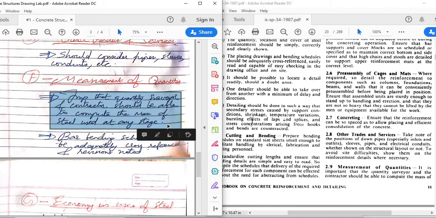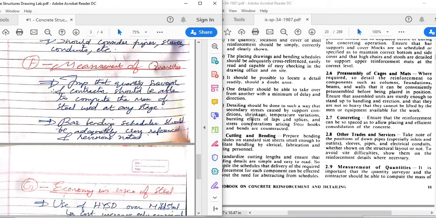The detailing should be simple and smooth, such that at any stage of the project the contractor or quantity surveyor, so quantity surveyor is basically the one who is calculating the quantities, so either quantity surveyor or contractor, they should be able to calculate exactly how much steel is being consumed from the drawing up to that stage of the project. Because this project, especially if it is long, may go to 1 year, 1.5 year, 2 years. So at any stage they should be able to know it from the drawing. So the detailing should be versatile enough to enable that to be done very easily.